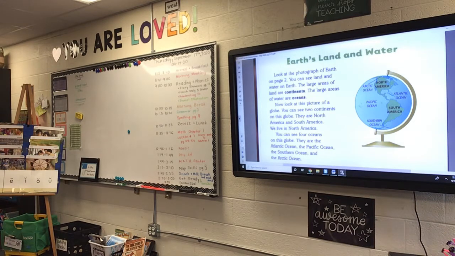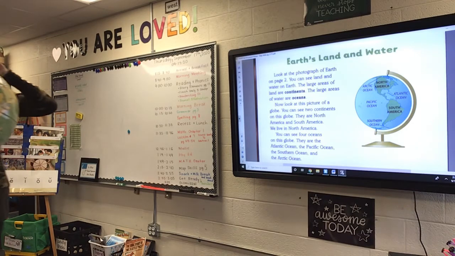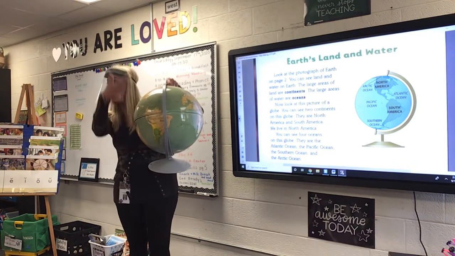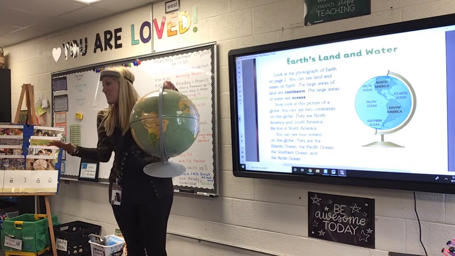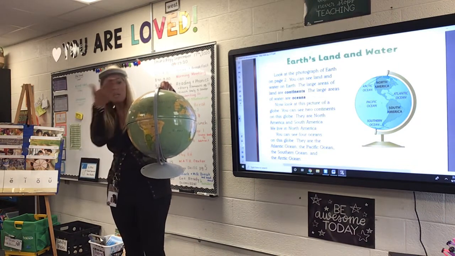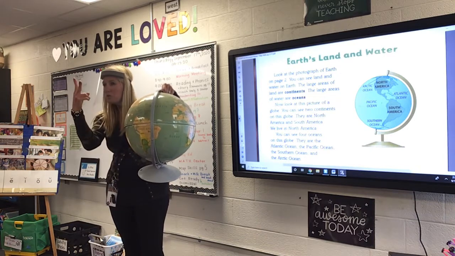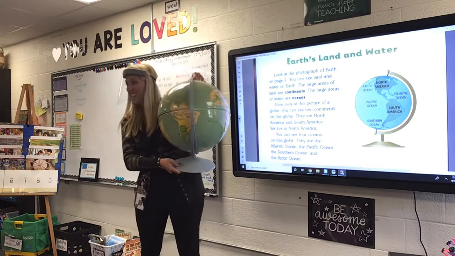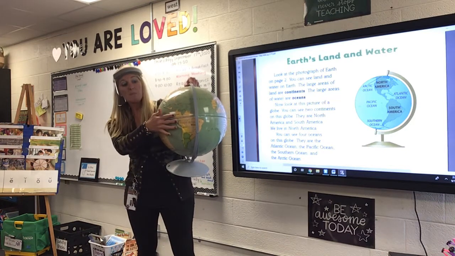Our globe is round, but when we look at it on paper, do you see all of the sides of the globe? No, you only see one side of it. That's because paper is flat. And when we look, we see things usually 2-dimensional or flat. So when you look here, you don't see any other continents or land. But if Mrs. Murphy were to turn it,